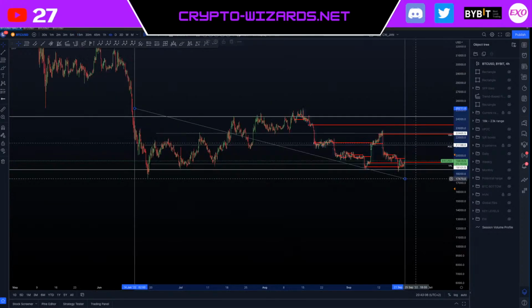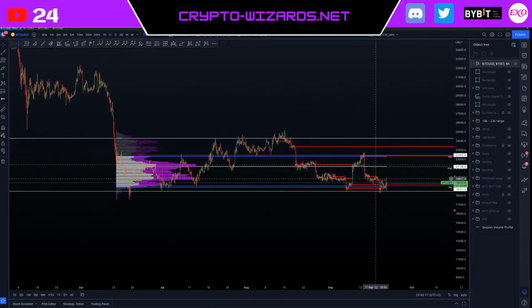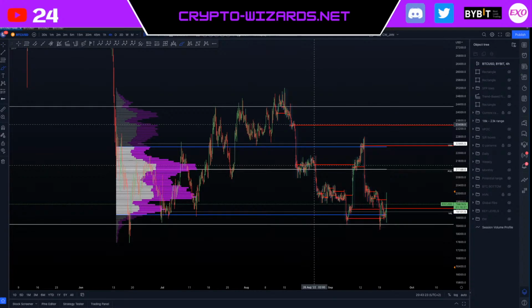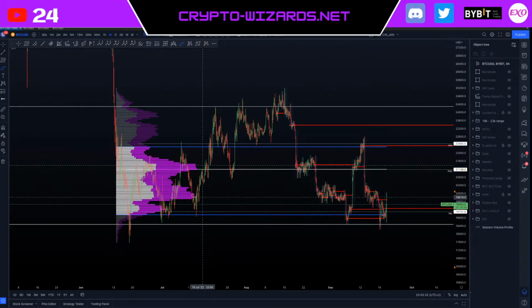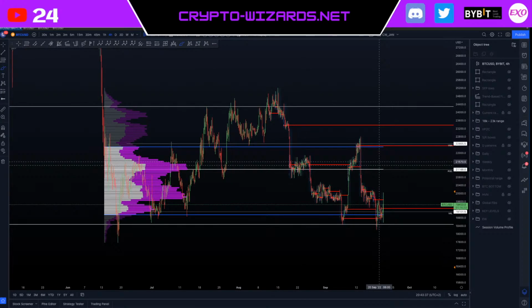no, it didn't. Yeah, it's like a high volume node. This is the thing you see here. Basically, the peaks are almost the same, right? This is the thing that I was talking about when the stream started. You have one peak here, which is the POC. Then you have a second peak here, which is almost the same as the POC. Then it's a high volume node, a so-called high volume node. And that was the volume reason why we got rejected here. But yeah, the next stop, 21,200, that's gonna be the POC of the range. Very, very important level. I'm just gonna preset an alert here.